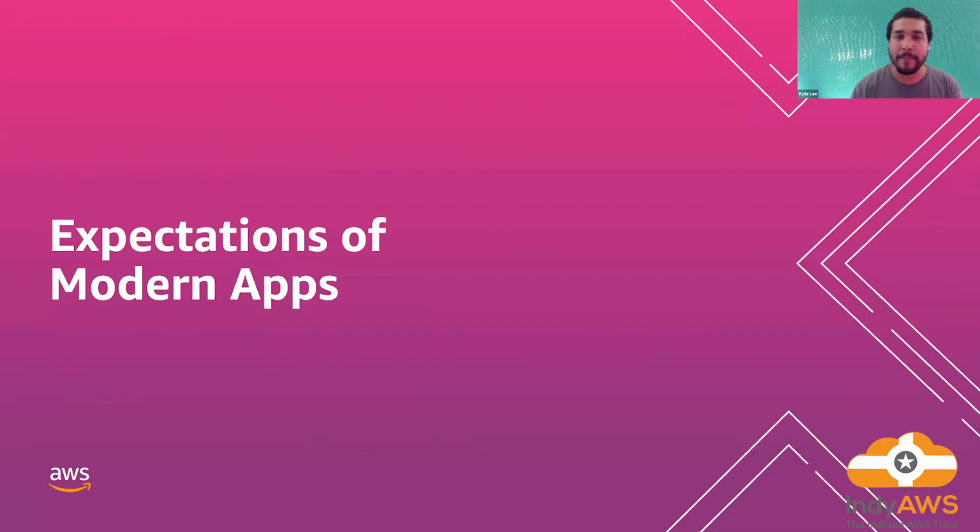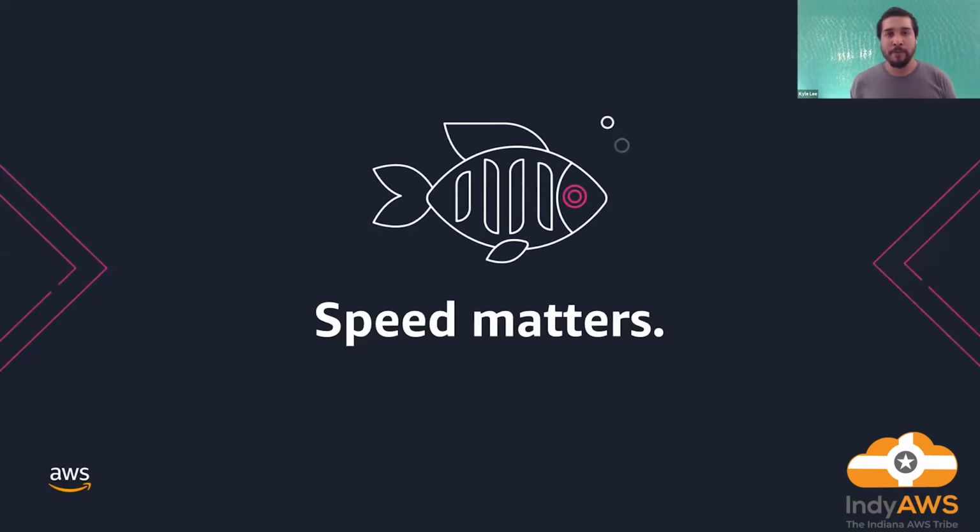So now let's talk a little bit about the expectations of modern apps. Essentially what a lot of people are looking for in modern apps is that they're snappy, right? You don't want to open up your new favorite app and have it moving all slow, whether it's a mobile app or a web app. You want everything to react very quickly, whether it's hitting the like button on something, or trying to share some type of article. Any of those things you want to happen extremely quickly.